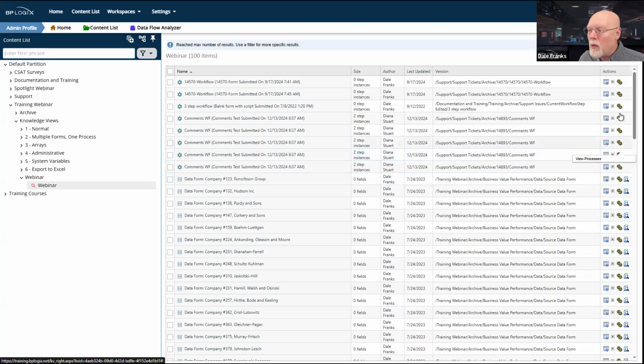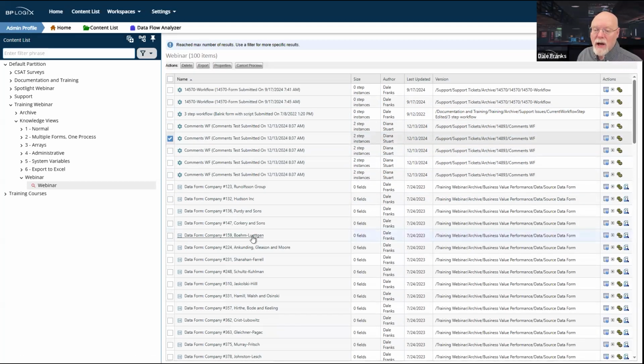I usually don't want to show all of this stuff to the end user. Some other things I don't want to show to the end user is if they check one of these boxes, they're going to get a bunch of action buttons across the top of the screen. I'm pretty sure I don't want them to see those either.